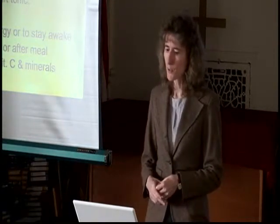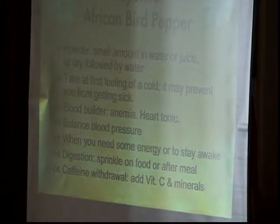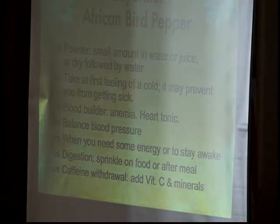And using the powder, you put a small amount in water or juice, or dry followed by water. The dry followed by water seems to be more applicable to an emergency situation. It's a little bit more pleasant to put the cayenne in some liquid before you drink it, as opposed to putting the powder directly in your mouth or on your tongue. You start with a very small amount and work up. And when we say a small amount, a little bit on the end of a spoon. If you're not used to things that are hot, you probably start with a